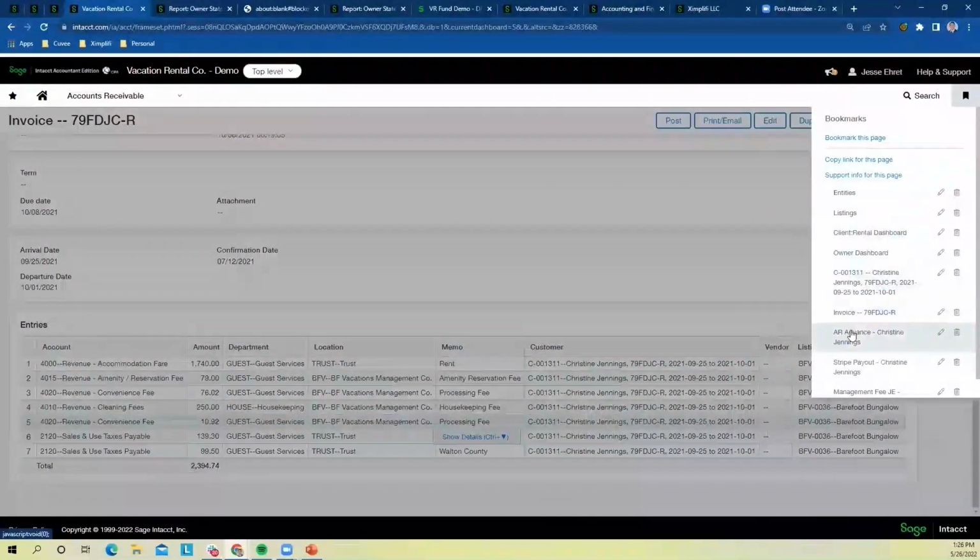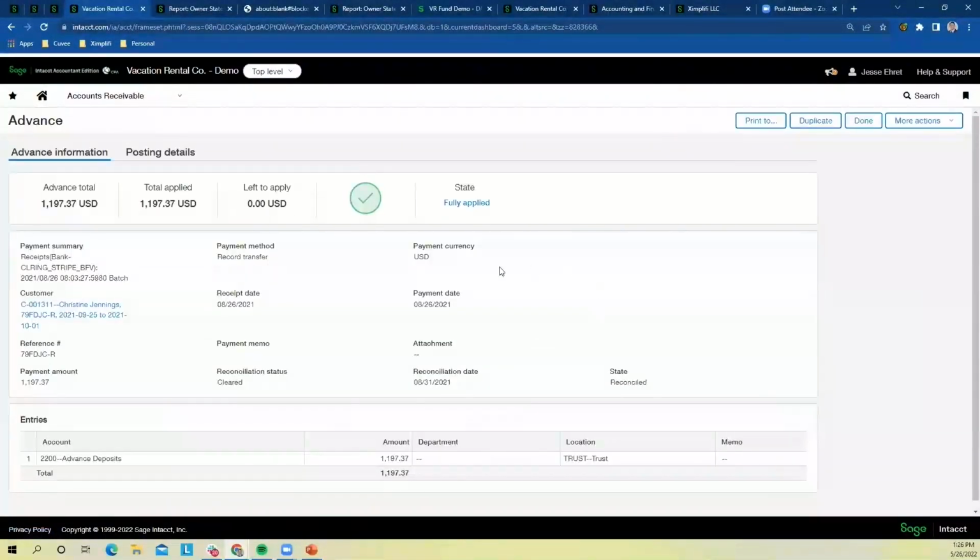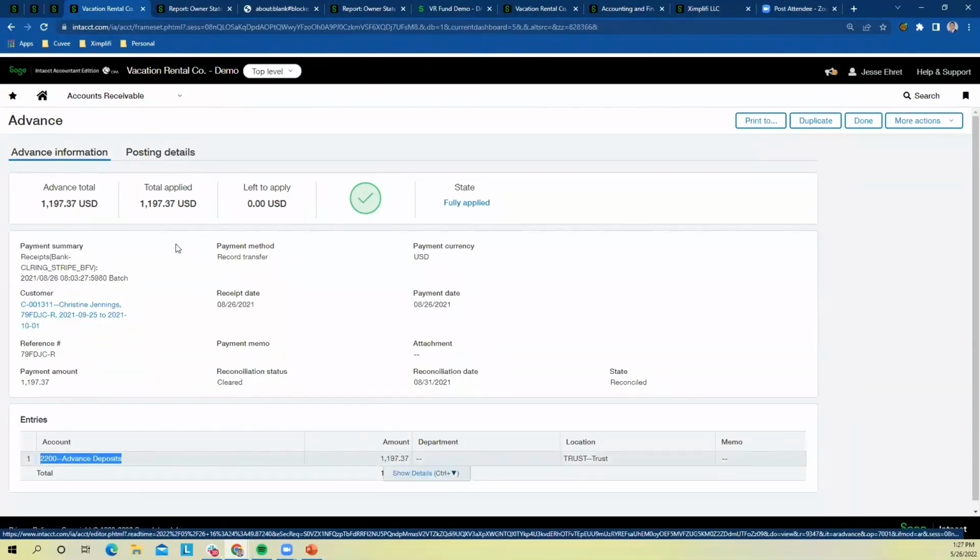And so that was the next thing that I was going to show. Here we can flip to an advanced deposit. This is a payment. It's a half payment. So there's actually 2 payments on this particular reservation, but all payments are originally recorded to advanced deposits, and then upon checkout, they're posted to the